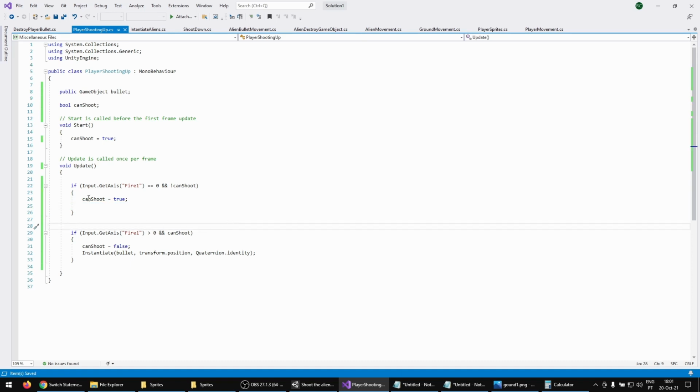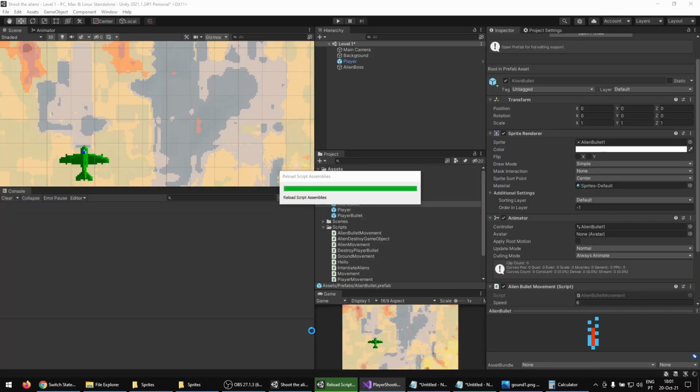So this will reset the can shoot to true when you release the button, and this will shoot when can shoot is true, but it will make it false, so you only shoot one bullet. Save, go on Unity,